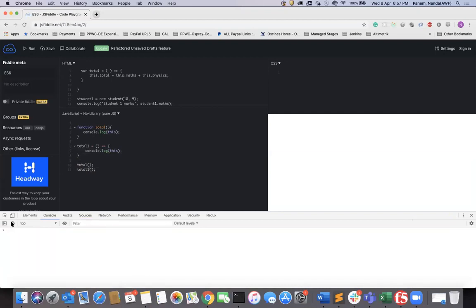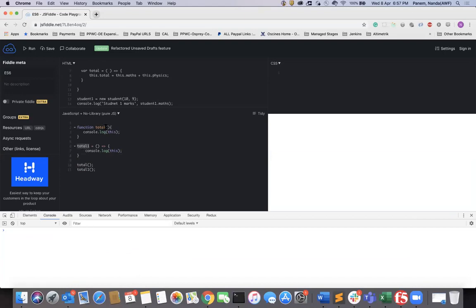The arrow function syntax is a modification of the function by removing a couple of features. To write an arrow function in JavaScript, you just remove the function name. You don't need to write the function keyword.